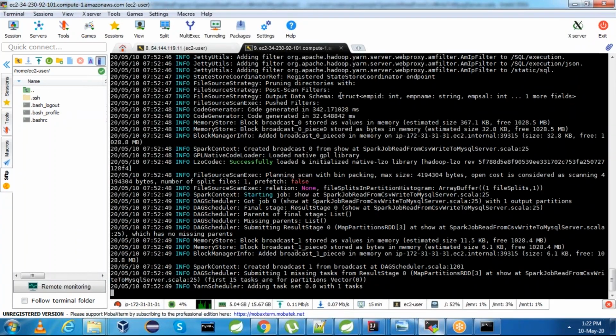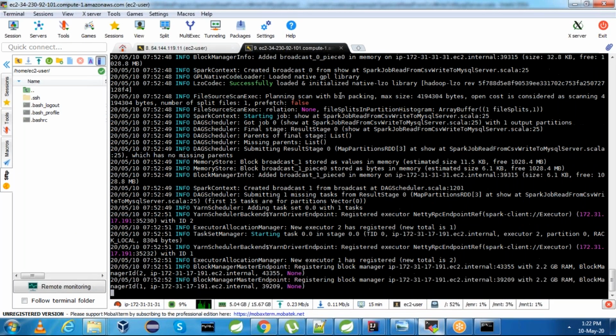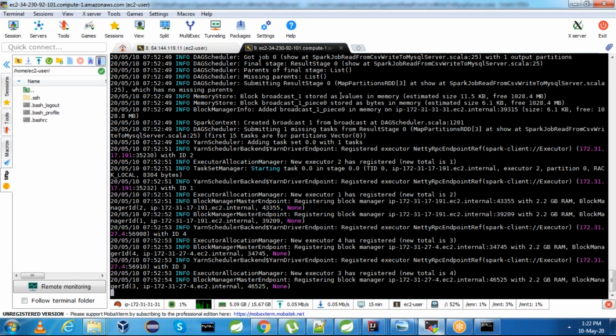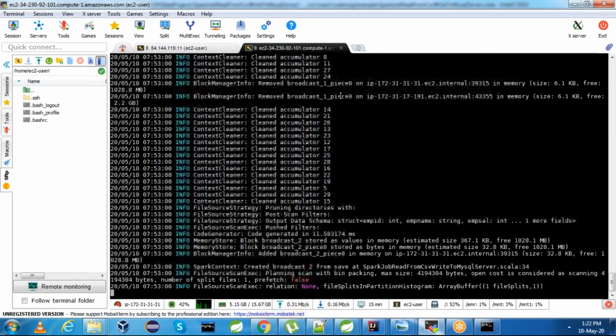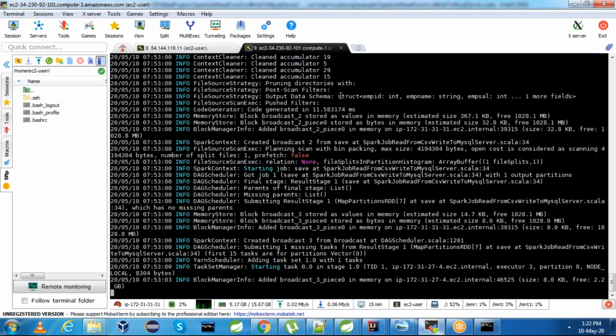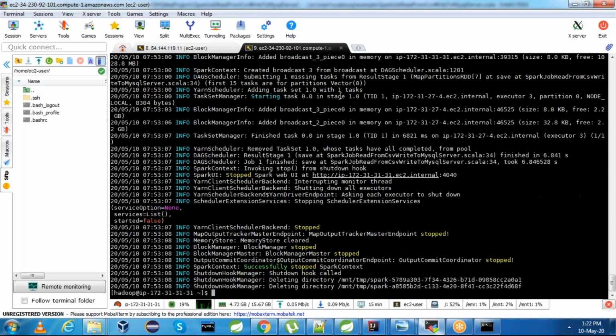Now it has read the data and it is pushing to MySQL as well. Perfect. It has finished its execution.